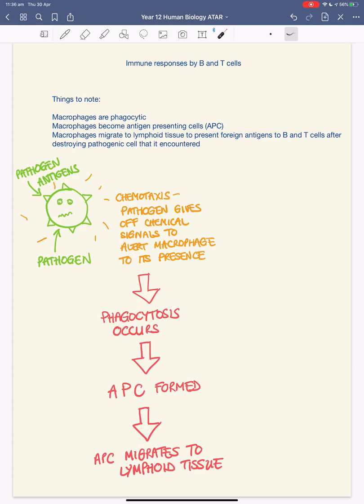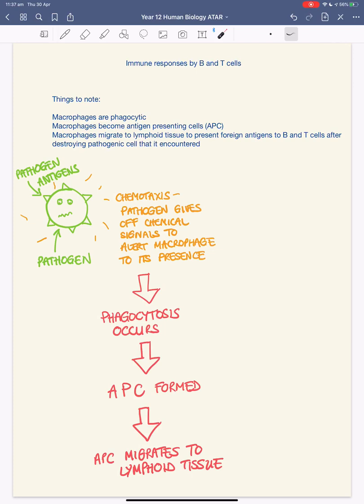These chemical signals that are detected by the phagocyte are called chemotaxis. It's not essential that you remember that word, but just understanding that pathogens give off signals that alert macrophages is